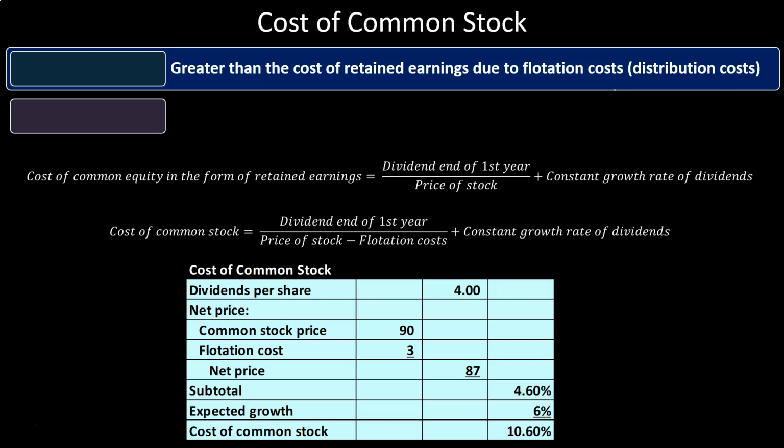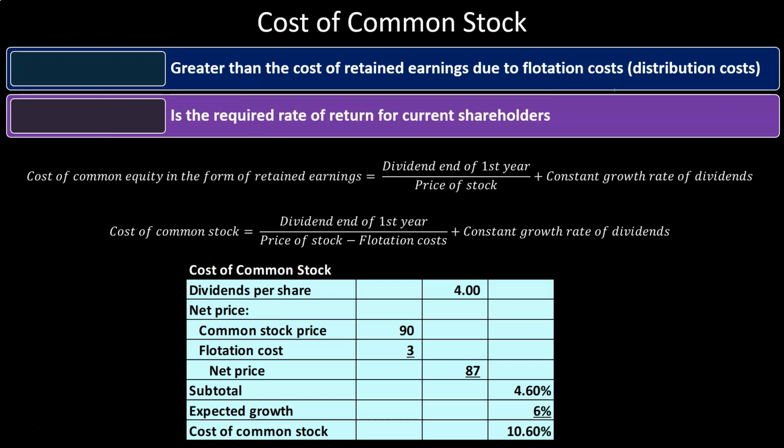These are the distribution costs that we're going to add into the calculation. It's the required rate of return for the current shareholders. So when we're thinking about our rate of return for the current shareholders, we want to take into consideration the flotation cost. The cost of common equity in the form of retained earnings, you'll recall, is what we just looked at: dividends at the end of the first year divided by the price plus the constant growth rate of dividends. One change now here is going to be the flotation costs in our formula for the cost of common stock,